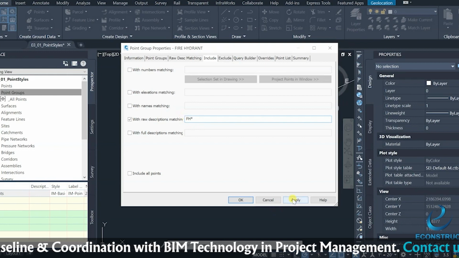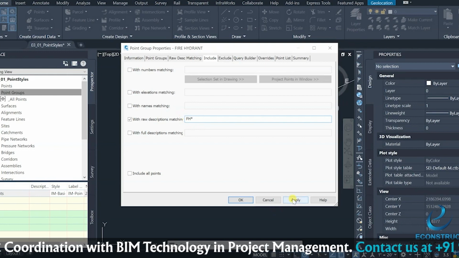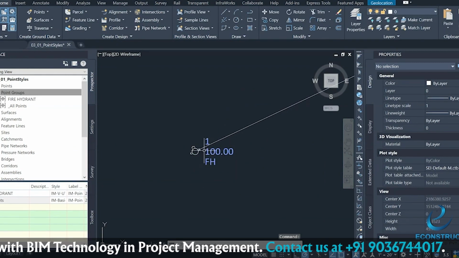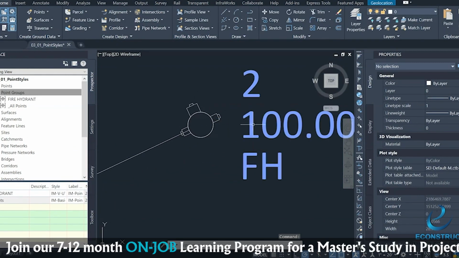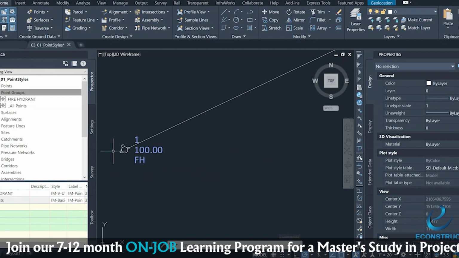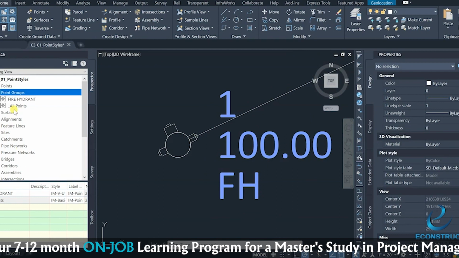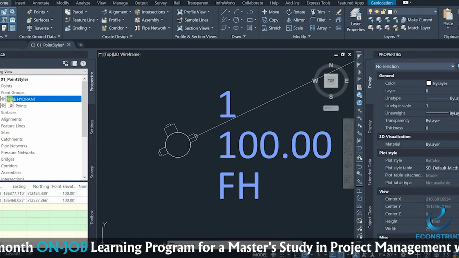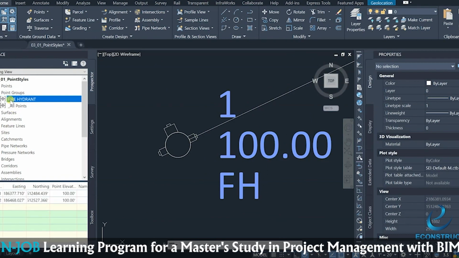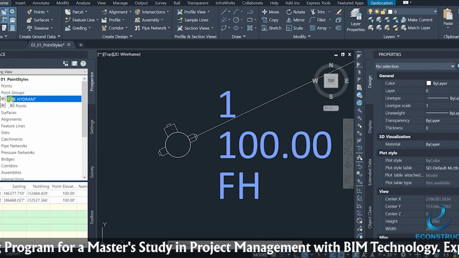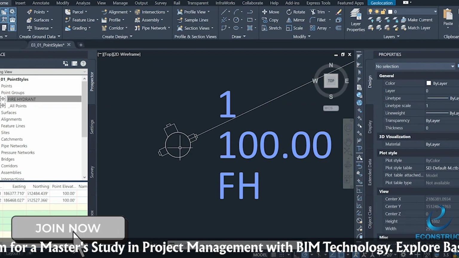And once you apply it, you will see here that all the points have become fire hydrant by default. And when you go to this property, you will see that on the hierarchy of the point groups, your fire hydrant is coming up, which is the reason that you're able to see this fire hydrant